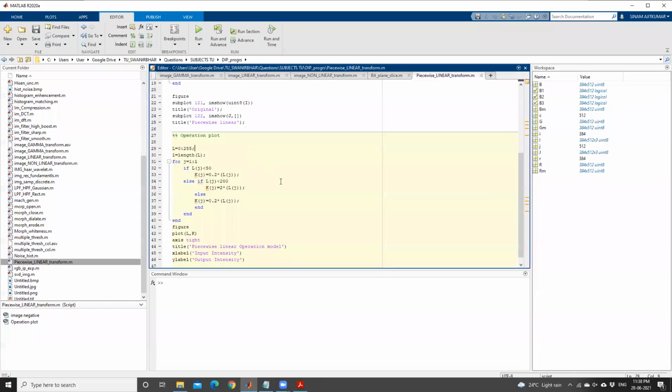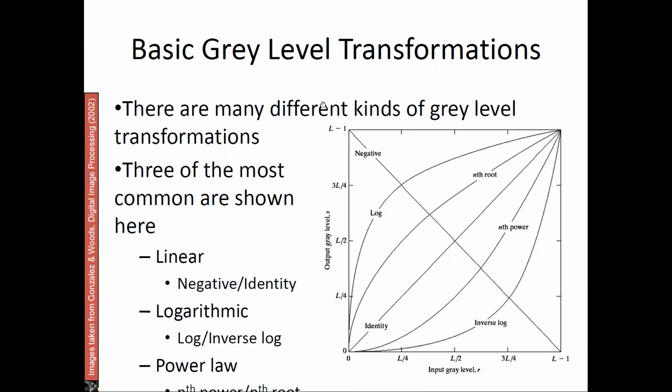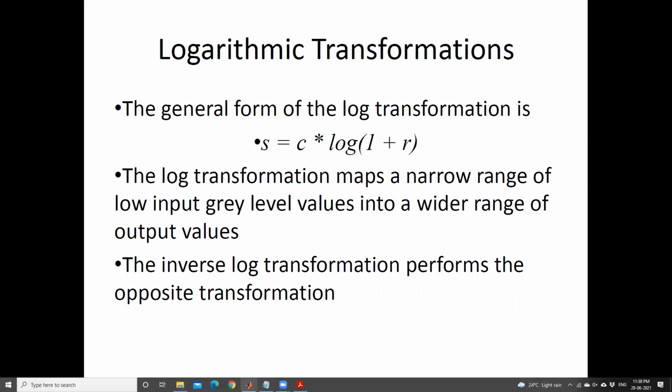Next, I'm going to the next part, the basic gray level transformations. Here we can have different kinds of gray level transformation: negative ones, or logarithmic and power law. You can see when it is negative, this is the input and this is the output, it is reversed. When it is identity, it is on this side. Similarly, we can have log or inverse log, nth root or nth power. For logarithmic transformations, we have c times log of 1 plus r, where c is a constant. If you want to see the programming,